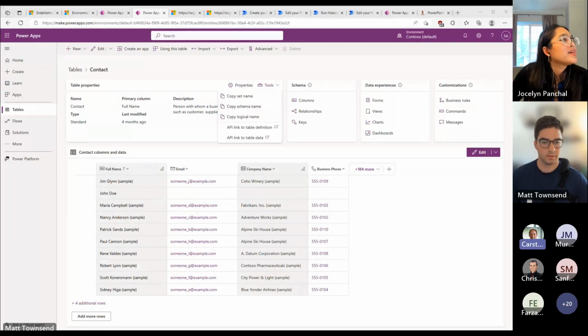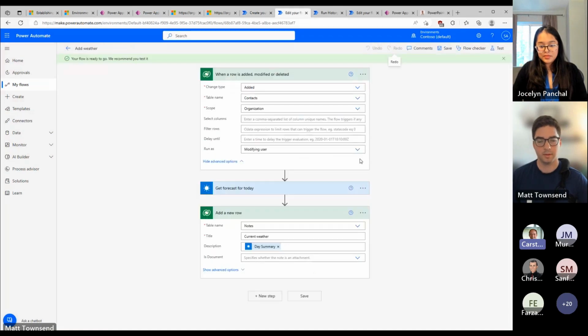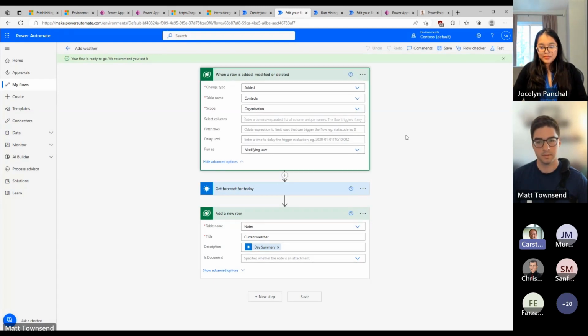Yeah, it's certainly something which makes it more reliable to remember the schema name, for instance, and do stuff like this. But it certainly would be even easier not to go into this experience and leave the other experience. So it would be great to see an improvement in the Dataverse itself, in terms of select columns, to not really select columns as a comma separated list, but make it really a drop-down and drill into the table schema. Yes, sorry, I should have led with that from our